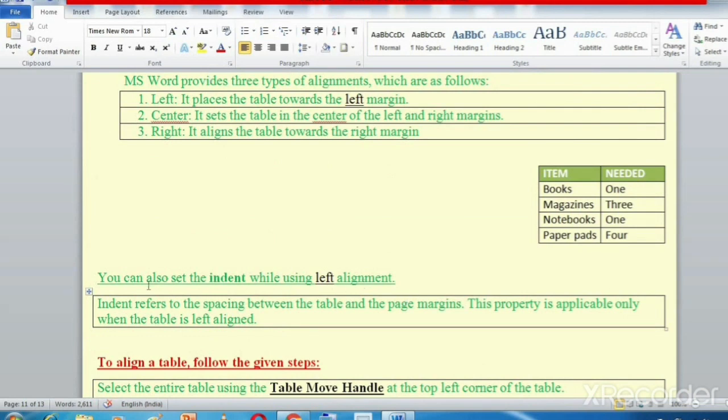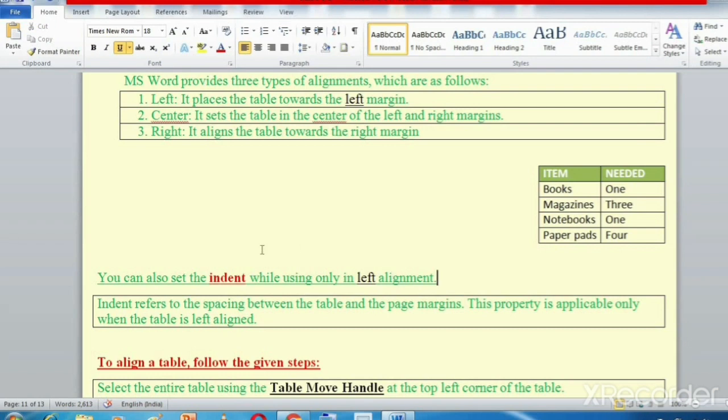You can also set the indent. Now this indent is something very important. You can also set the indent while using the left alignment. Now this works only in left alignment. Indent works only when your table is left aligned.